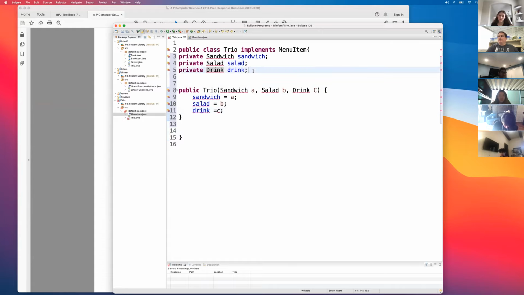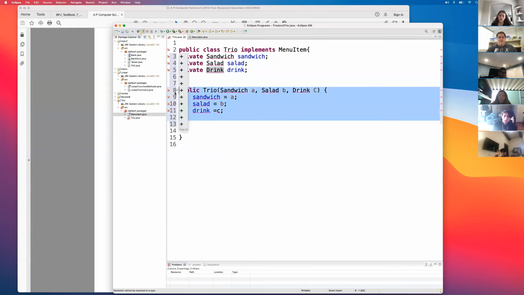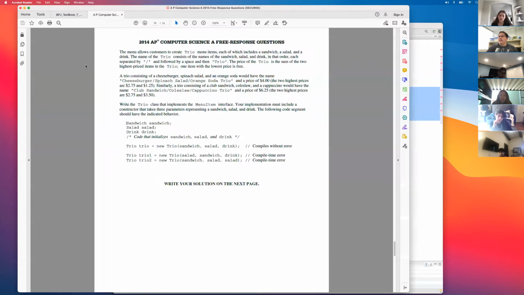So how many of you got the constructor? How many, without doing the private, how many of you did this and got this? Raise your hand. Allison, you got that? I did this dot. Is that fine? That's fine. What about you, Isis? Did you do the same thing? So Isis and Allie, if you did all of this, you would have gotten